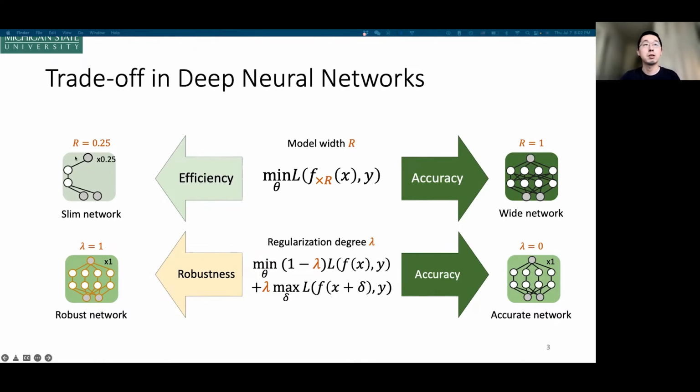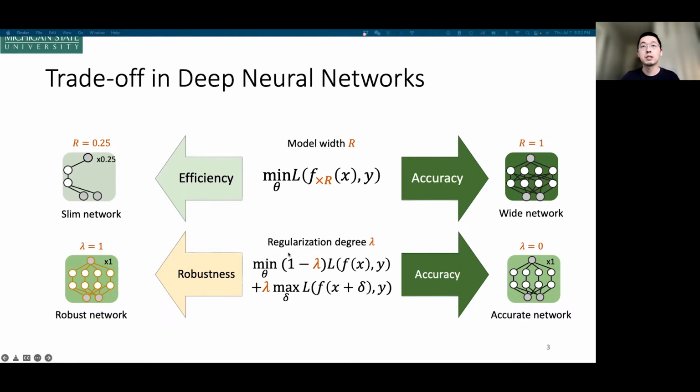When you choose a smaller model, it will be quite efficient for inference, but it may not be accurate. If you want a model to be accurate, it usually should be a larger one, and here a wider one.